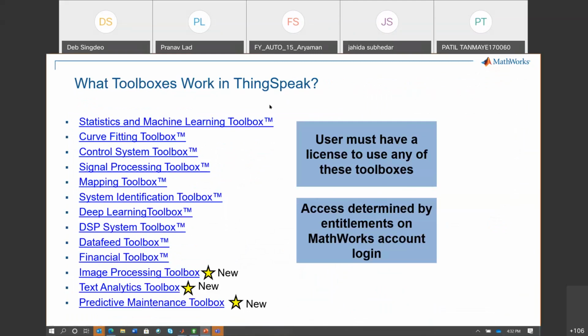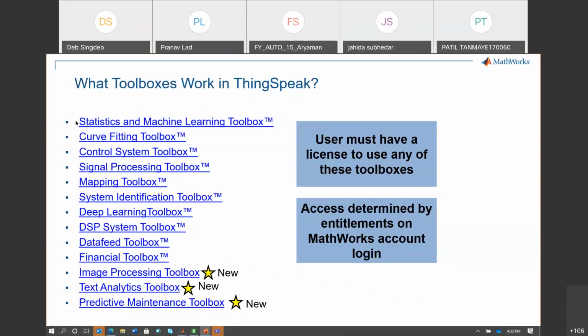Lastly, one of the biggest benefits of ThingSpeak is that many of the toolboxes that you see nowadays are very relevant, like for AI, we have statistics and machine learning, there is signal processing, controls, system identification toolbox, if I have certain devices for which behavior is not known, deep learning, DSP. All these toolboxes are not only available in MATLAB, if you have the license, you can also run these toolboxes on the ThingSpeak platform. The ThingSpeak platform actually hosts all these toolboxes also. So you can do very interesting sort of projects.